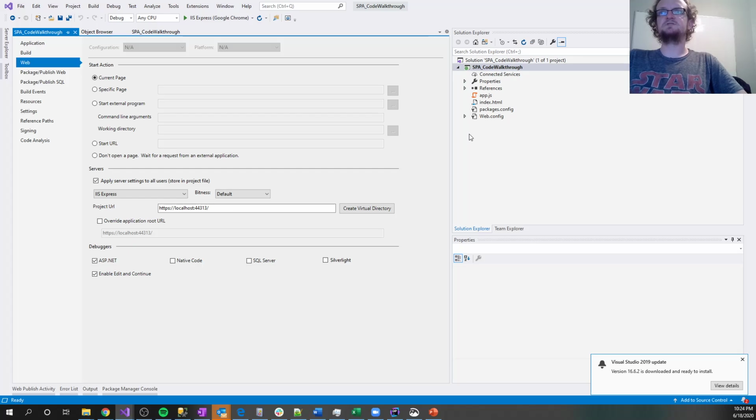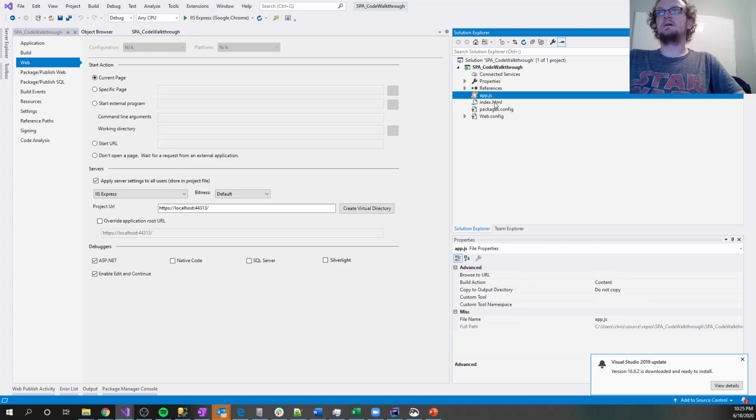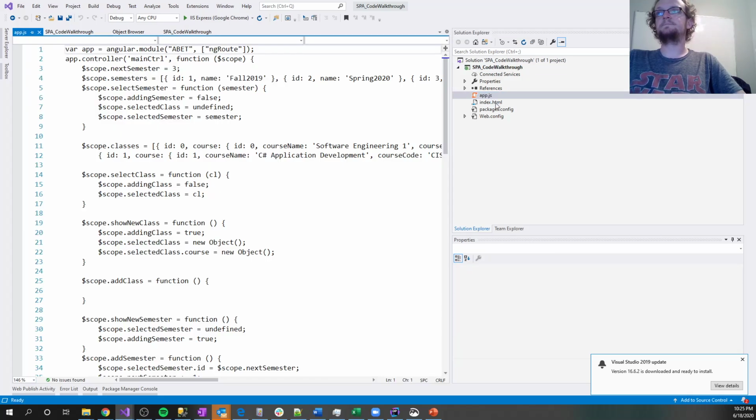And then if you have additional APIs, all of those will be referenced or hosted and then referenced from the same solution in different projects. And so that is in the next week of lectures where we actually tie code on the client side and the server side all together. So if we look really quickly at app.js and index.html,